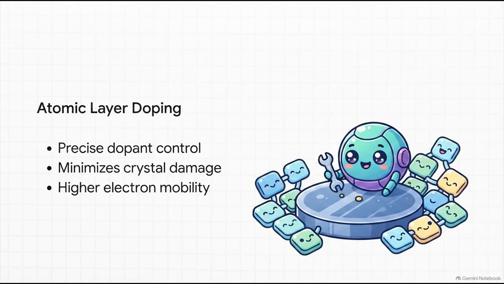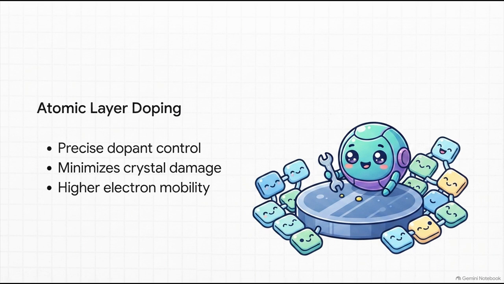And the technology for doing this is becoming astonishingly precise. Traditional thermal diffusion or high-energy ion implantation could be, well, kind of messy, sometimes causing crystal damage or non-uniform dopant profiles. But today, the semiconductor industry uses techniques like atomic layer doping, or ALD. ALD offers unparalleled control, allowing engineers to place dopants almost atom by atom. To understand the scale here, we are talking about engineering at the absolute microscopic level.